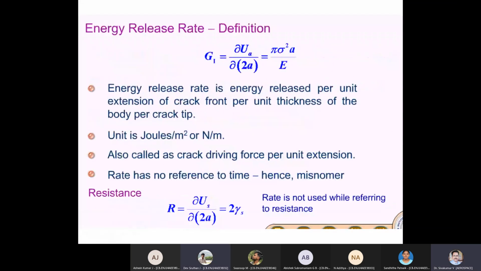So last class we have seen energy release rate. What is energy release rate? This is a very important factor, G1. G1 means the energy release rate with respect to mode 1. Suppose you have a,